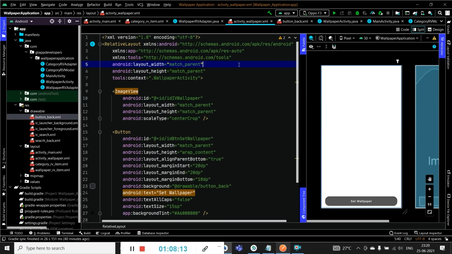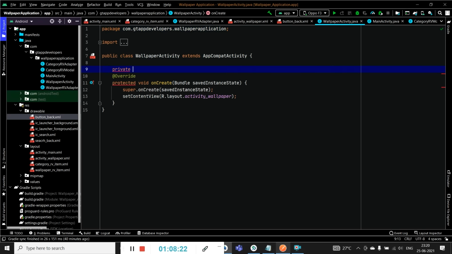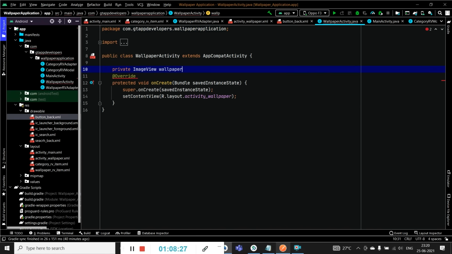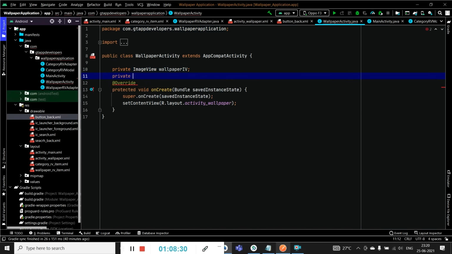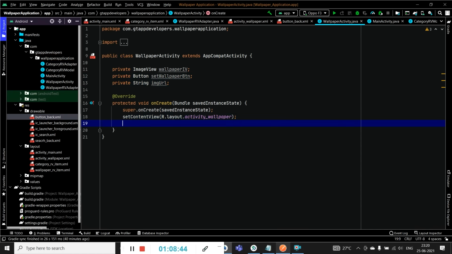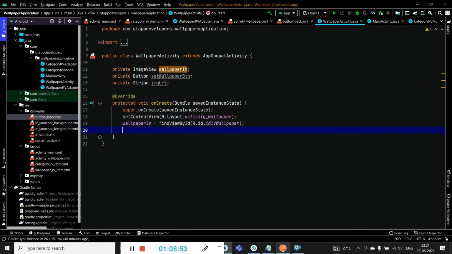Now we have created the UI for our activity underscore wallpaper. So simply go to the wallpaper activity.java and initialize the variables. So first we will be creating variable for our image view. Then for our button, after that we will be creating a variable for our string for our image URL. Then we will be initializing our variables, that is wallpaper IV. Then for our set wallpaper button,